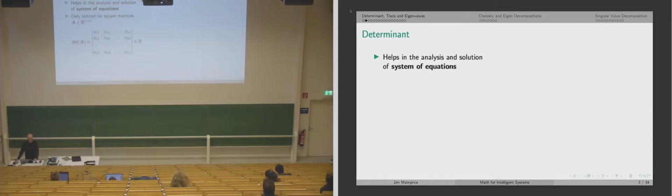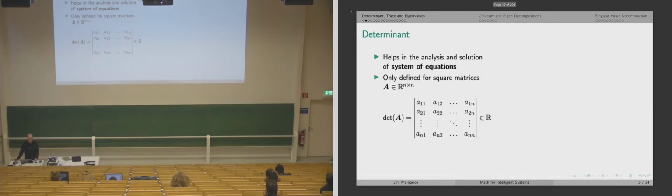So it's defined for square matrices in this way. It's a single number that we define this way, or we write this way with these straight lines here. So it will tell us when the matrix is invertible by saying,